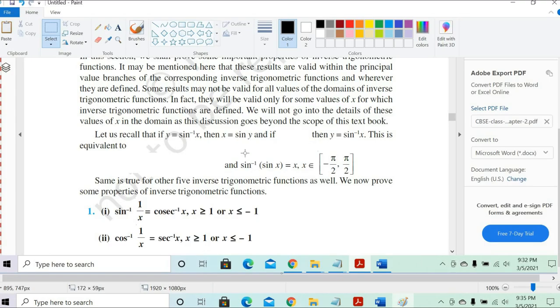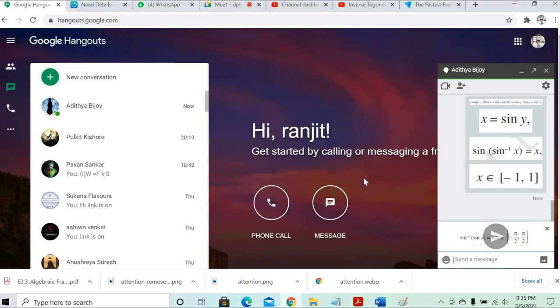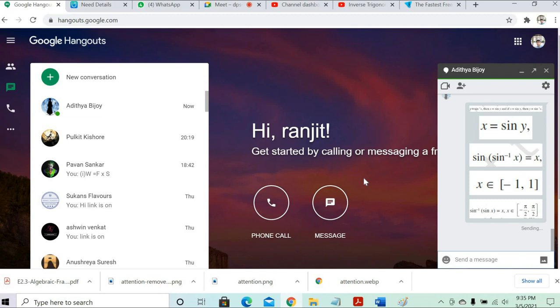Now sine inverse of sine x. The only difference here is you need to understand the principal value only, right? What happens to this value? When you do the sine inverse of sine x, remember that sine x will evaluate to some number between -1 to 1. And the sine inverse of that will always give you the angle -π/2 to π/2. Clear?